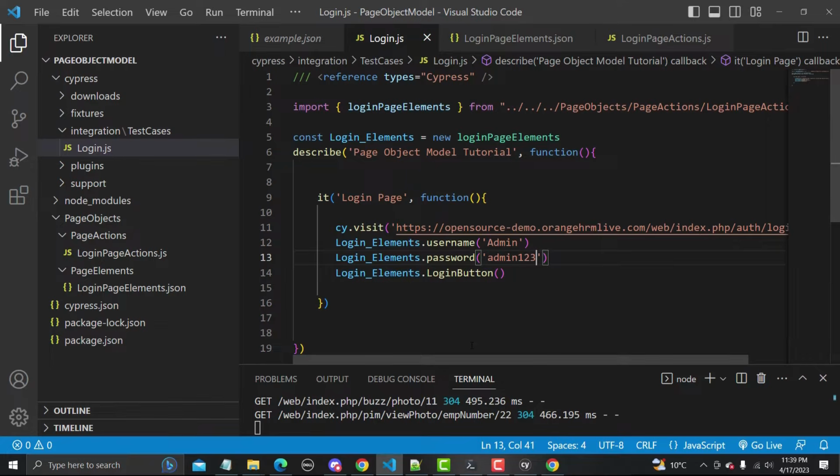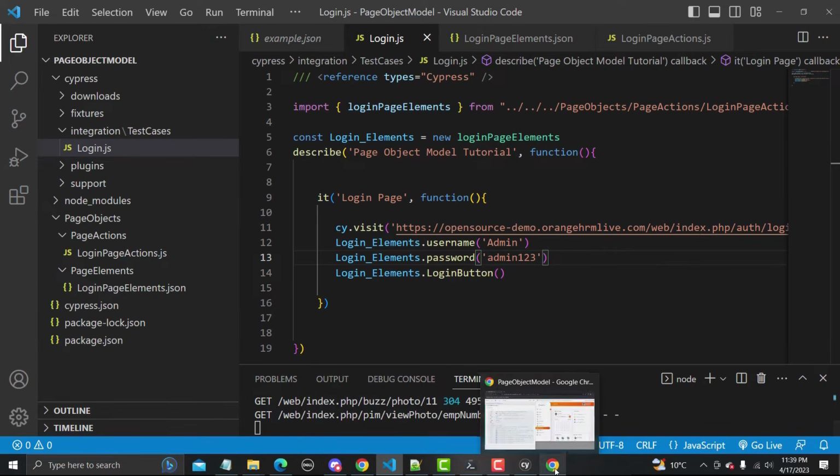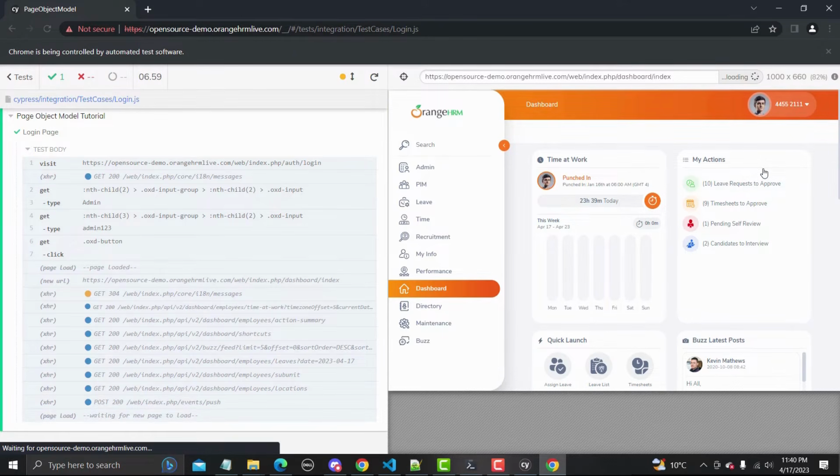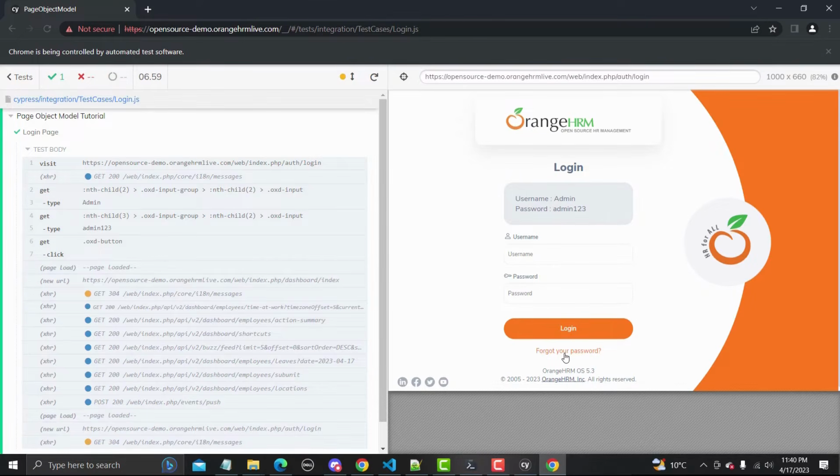You need to create the objects in such a way that in objects you should have two further folders where you will be having the actions separately and the elements should be separate as well. So let me give you one more example here. If we talk about this application here, let me log out from here and let me show you. So this is our forgot page, for example.